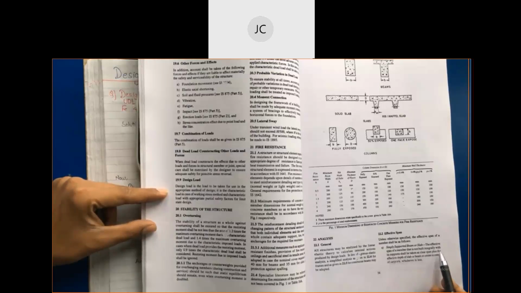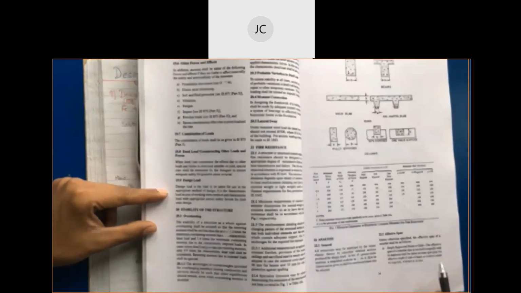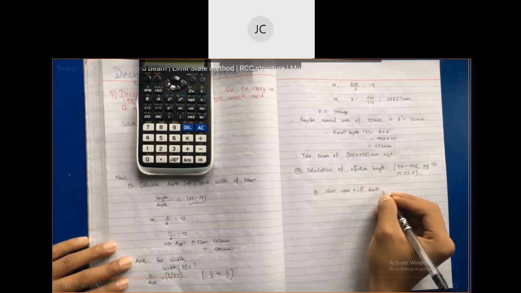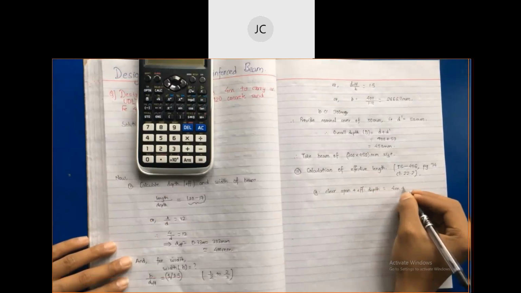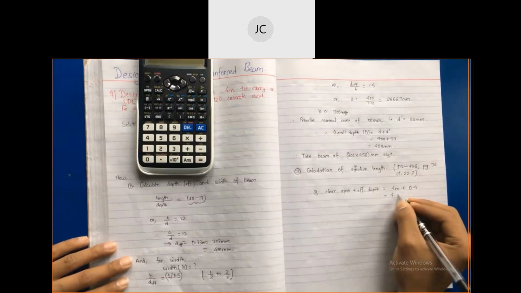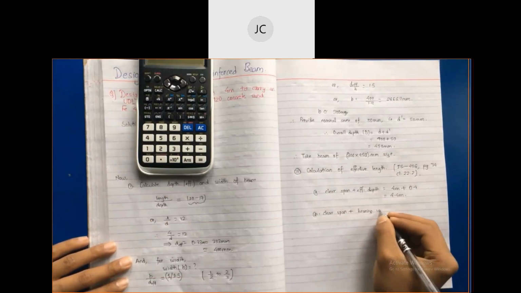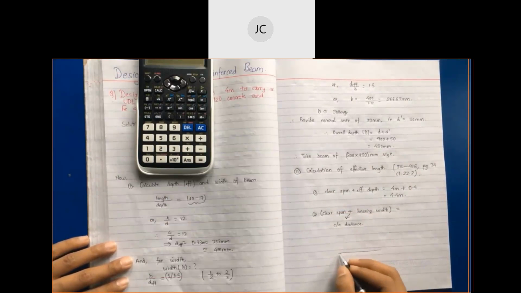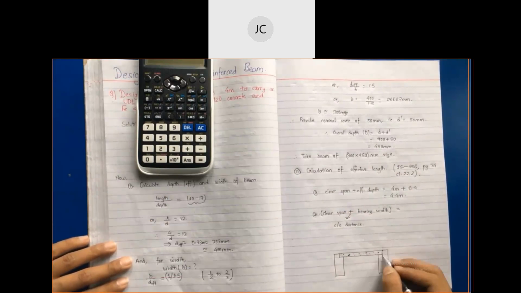As I have shown you in the last class, we use clause 22.2 for finding the effective span. For that we have to find two values: clear span plus effective depth, and the center to center distance. The first one is clear span plus effective depth. Clear span is given as 4000 millimeter or 4 meter, and effective depth is 0.4, so it is 4.4. And the center to center distance will be,